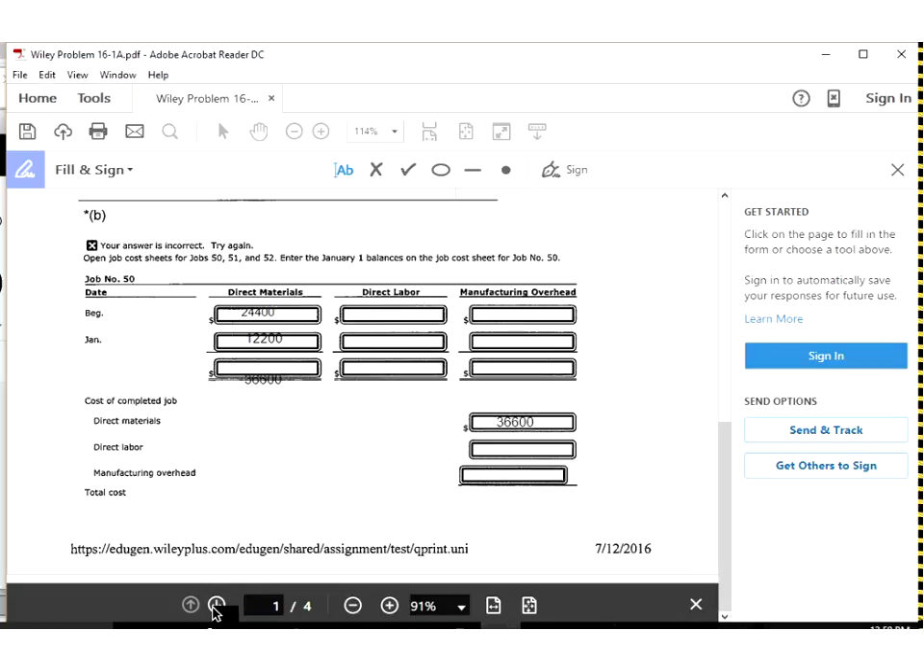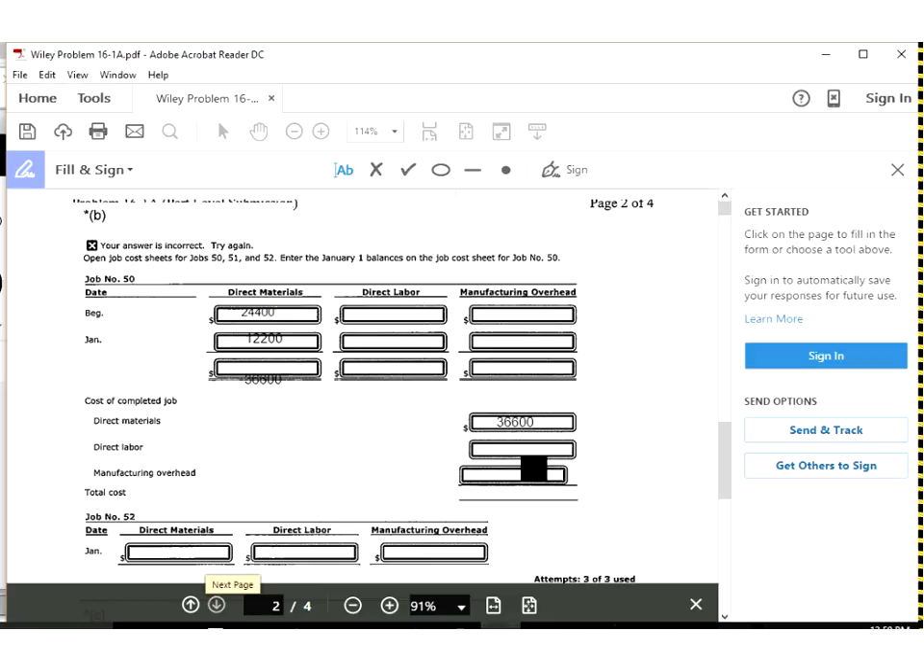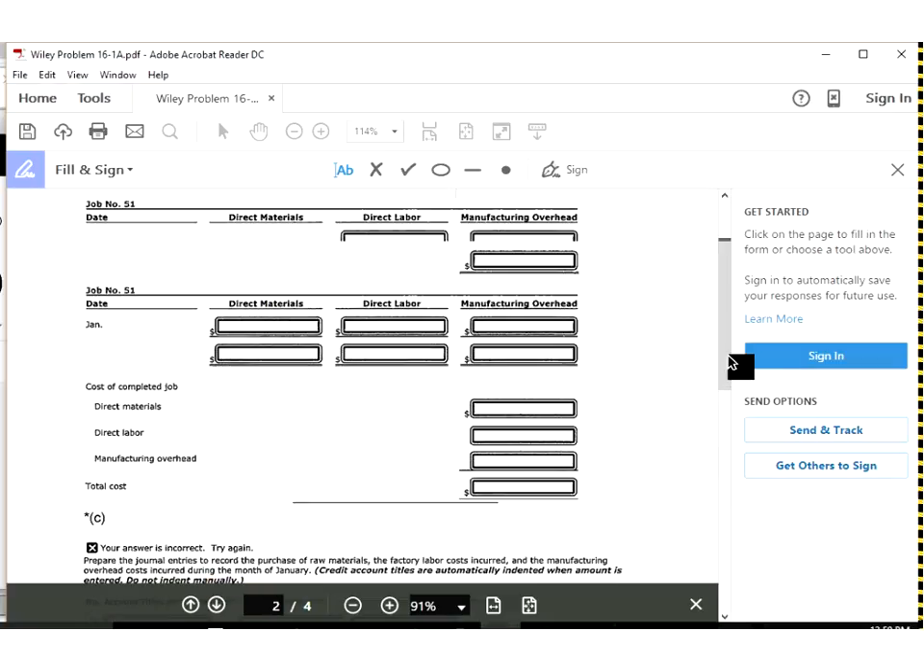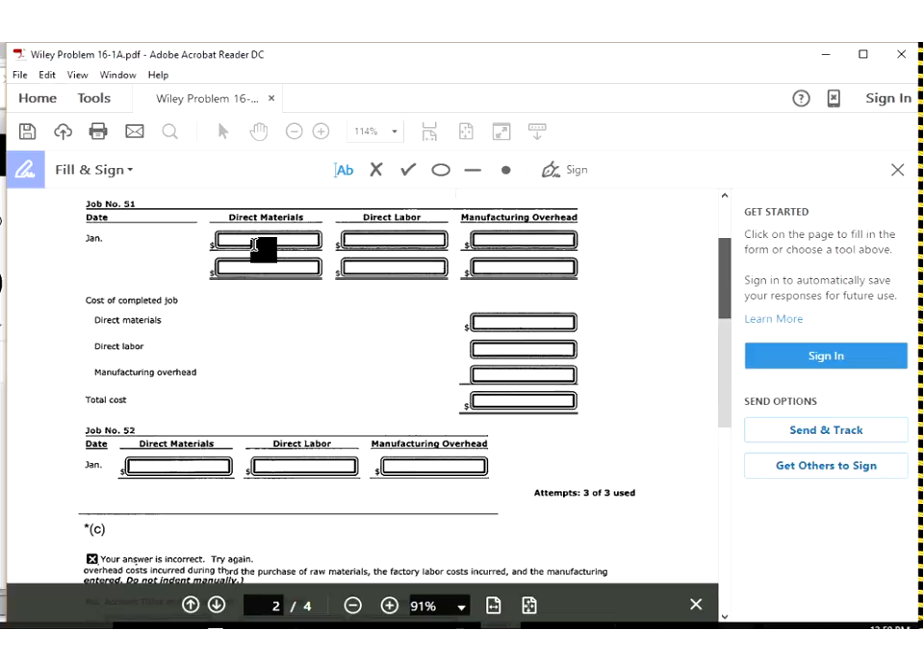So you're going to do that for, so I'll pretend we did that. Now we're going to go to page 2, job 51. And this is where it gets even more redundant in my opinion. For job 51, it says, okay, how much did you have in January? Well, we had 47,580 in direct materials. We didn't have any beginning inventory. So if that was our only item,